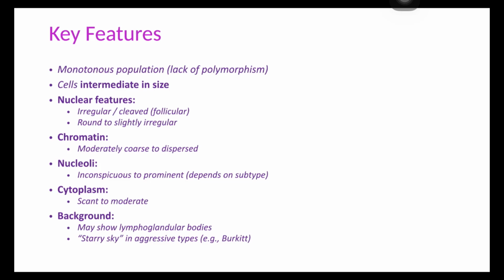Chromatin is moderately coarse to dispersed, with inconspicuous to prominent nucleoli depending on the subtype of lymphoma. Cytoplasm is scant to moderate and the background may show lymphoglandular bodies, and in aggressive types like Burkitt lymphoma there is